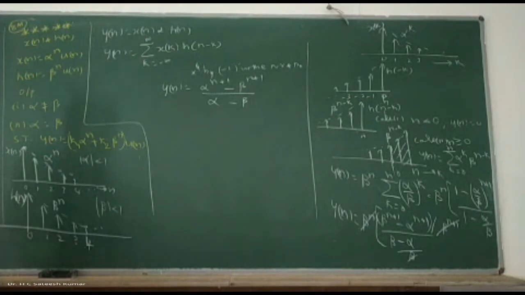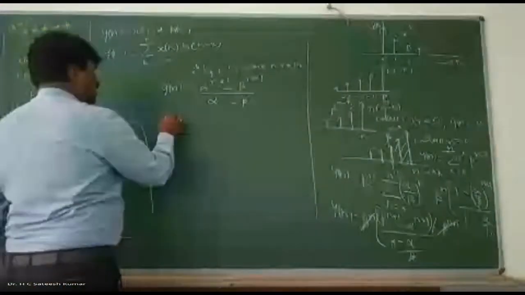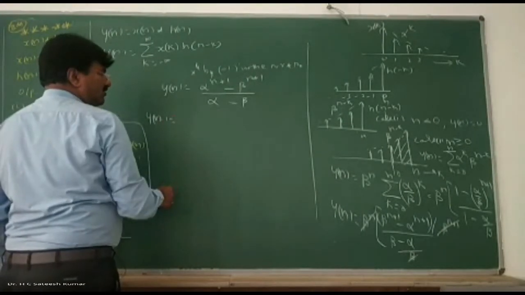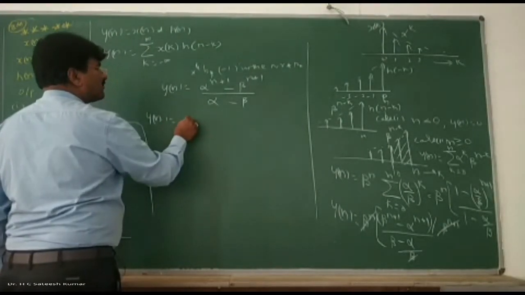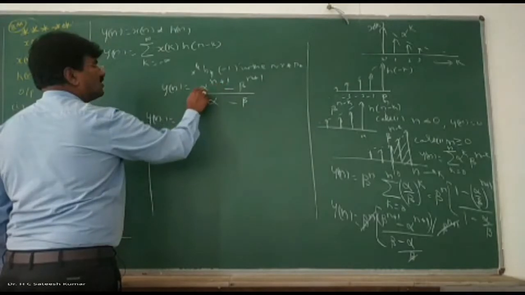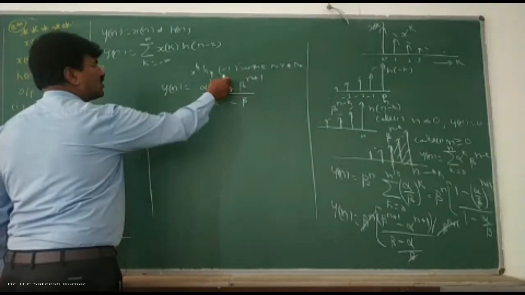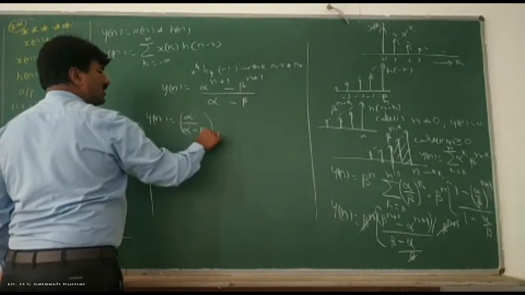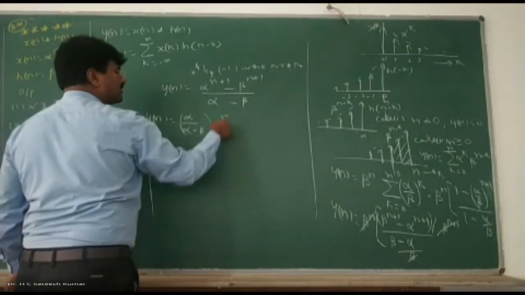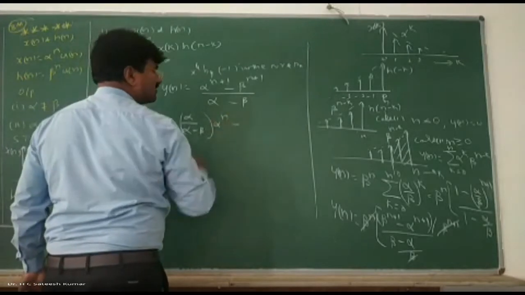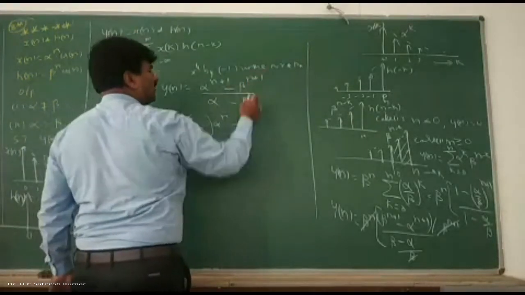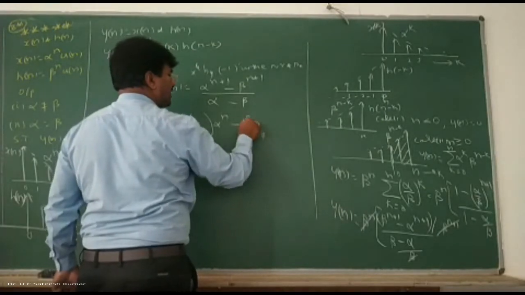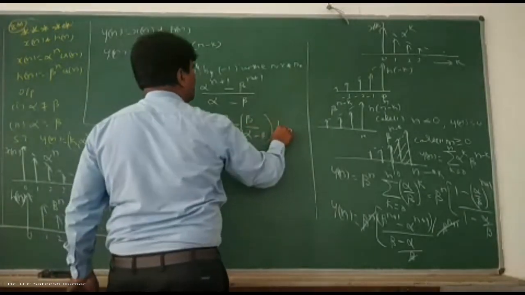Okay, right. Now what is that you can write? Y of n is equal to, divide each of them, right? Split it. What will you get? Alpha is there, no? So alpha to the power of n, you keep it. Alpha to the power of 1 divided by alpha minus beta, I can write it, into alpha to the power of n, you keep it as it is. Minus beta to the power of 1 is there, no? That you take it out. Beta divided by alpha minus beta, you keep it as it is, into beta to the power of n.